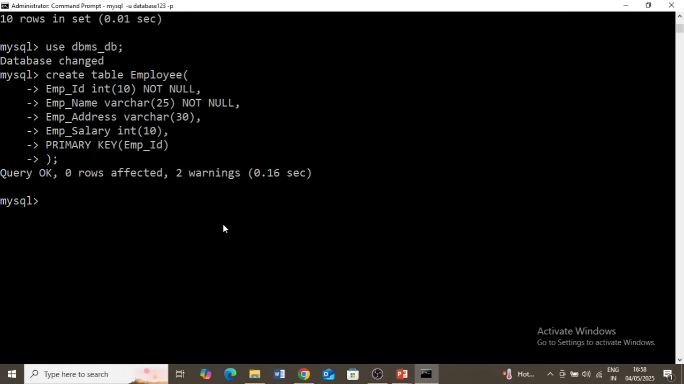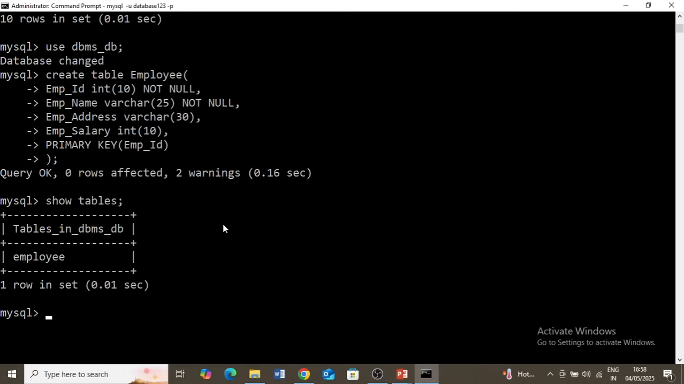Now if you want to check whether the table is created or not, the command is show tables, and you can see in the Dbms DB database that the employee table is created. Since it is a newly created table, no records will be available by default. Even so, if you want to check whether any record exists or not, you can use the command as